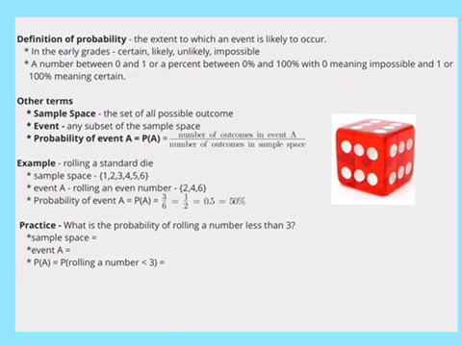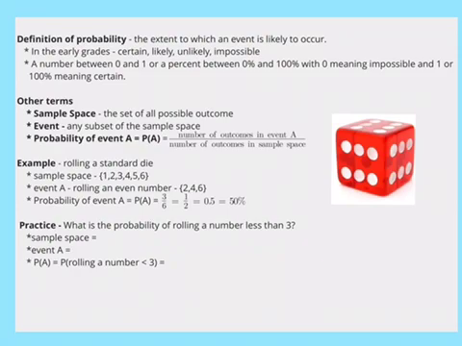When we get into 6th, 7th, 8th grade, that's when we start to do some calculations with probability. And we know that the probability of an event is going to be a number between 0 and 1, or a percent chance between 0 and 100%. So when we talk about something having a 0% possibility of happening, or a 0 probability, it means that it's not going to happen, that it's impossible. If something has a probability of 1 or 100%, it means that it's absolutely certain that it's going to happen.